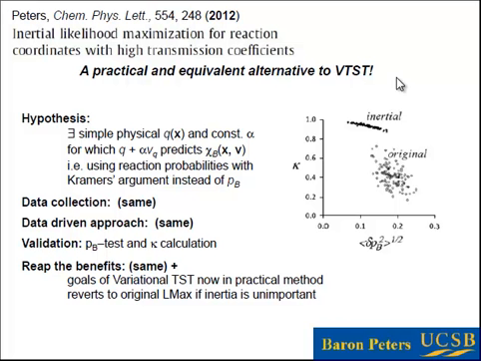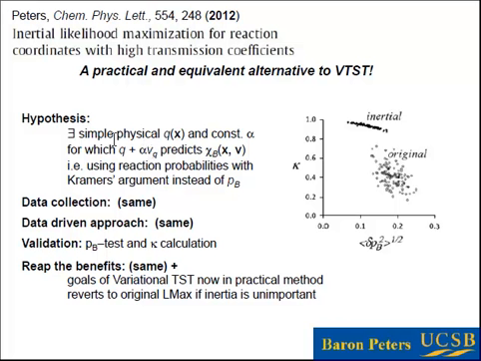Okay, so the basic structure of the procedure is the same as before, except that now we're going to make a hypothesis that there's a simple physical coordinate that explains not the committer probability, but the reaction probability. The reaction probability is the probability that a trajectory launched with a given position along a reaction coordinate and of a given velocity along the reaction coordinate will reach the product state. Before, we were only thinking about the given position along the reaction coordinate. We were integrating out all velocity information. Here, we're keeping just a little bit of that velocity information, and that's the velocity along the reaction coordinate.